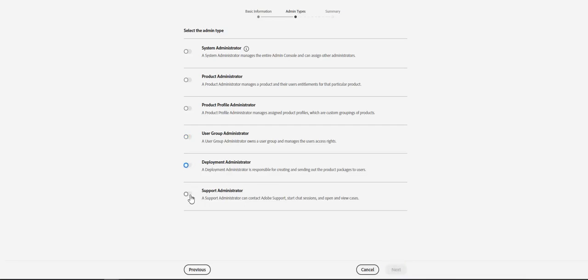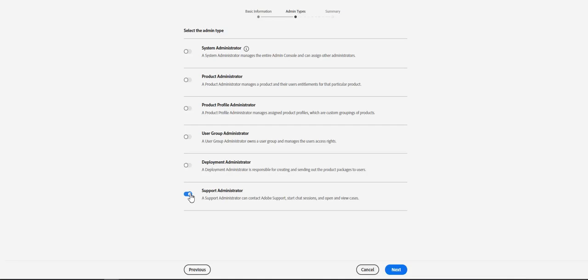And the last administrative role we have is the support administrator. The support administrator is not an admin role, but it has access to the support related information on the admin console. For example, there are a set of users who are facing some problem with Adobe Photoshop. If someone is added as a support administrator, he will have access to the support tab, and he can create cases on the support tab.